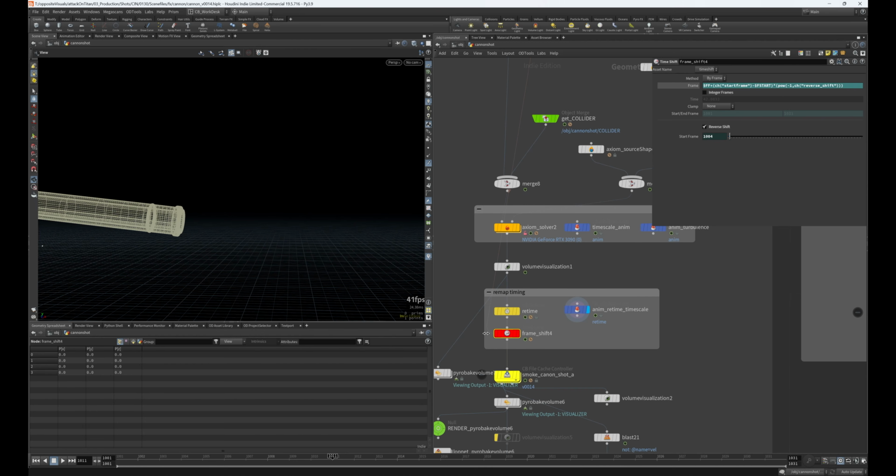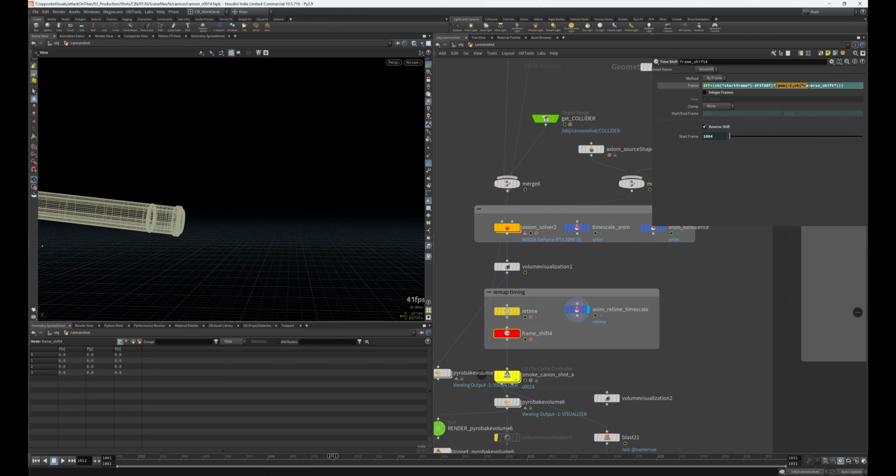For this I changed the interface of the time shift node and saved it as a preset here. I have 2 additional parameters, a toggle for reversing the shift and an integer parameter to give the start frame when the simulation actually should start. So I gave a frame number of 1004. This parameter will be read here. This is the start frame minus the start of the frame range, so it will add 3 frames to the